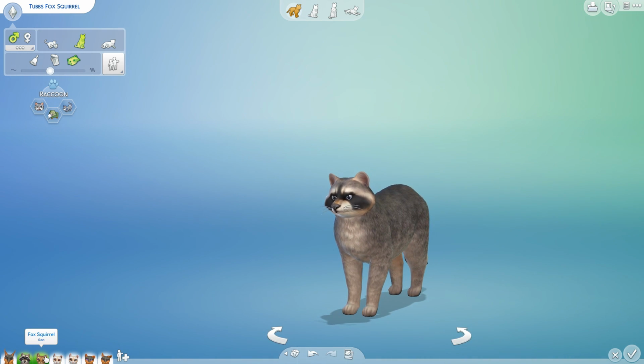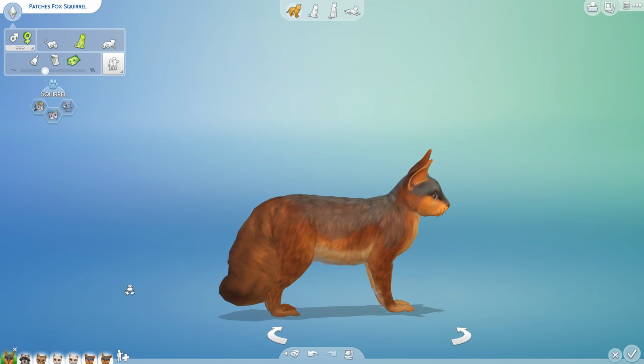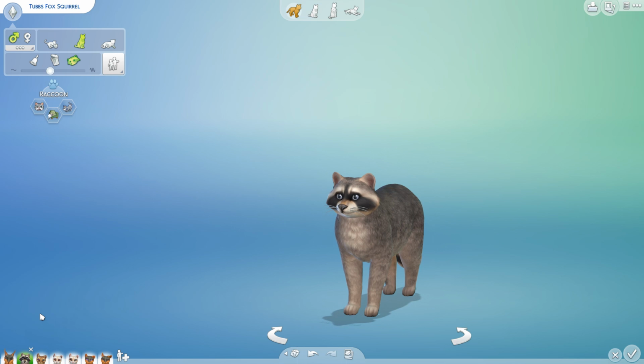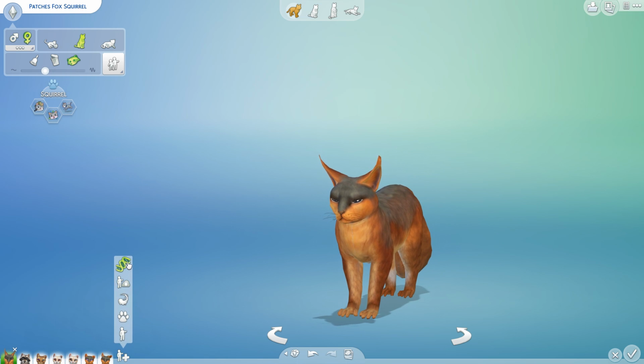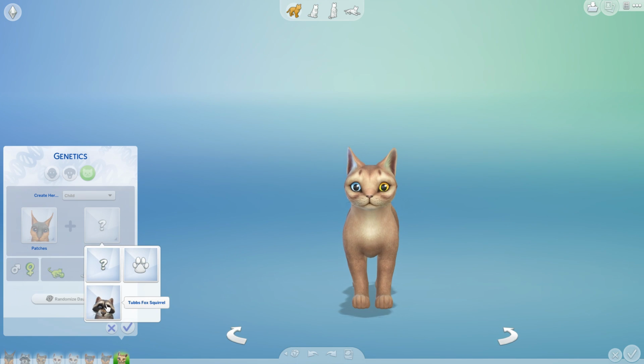Are they going to end up having Tubbs's face, or are they going to end up having Patches's face? Are they going to have that teeny tiny little jaw and the really big head, or are they going to have the big floofy cheeks? Are they going to have short little round ears, or big foxy squirrely ears? Oh, this is going to be so much fun. Okay, and the final baby between our squirrel and our raccoon is